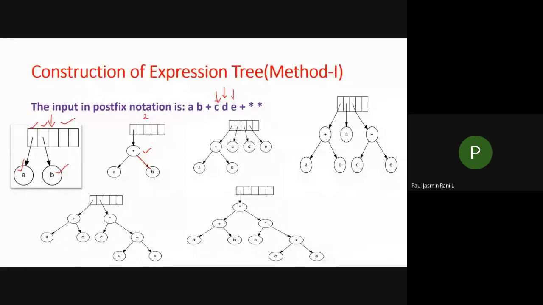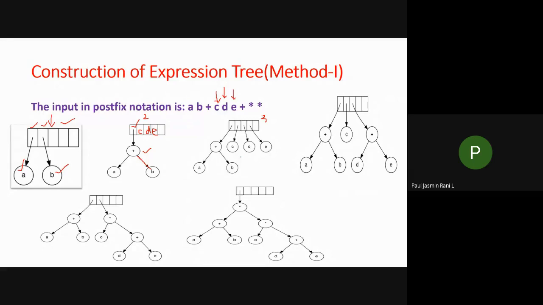I'm not going to waste the time, so I'm going to push all the operands inside the stack. Already we have this tree data structure inside the stack, and for C, D, E, by creating a node, I can push that one inside the stack as it is. Can you follow this one? This is the third diagram I got after completing all these operands C, D, E.